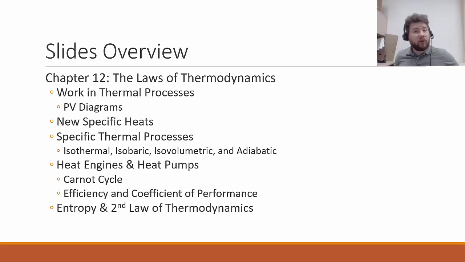Now, that type of work is referred to as PV, or pressure volume work, and we'll talk about how you can see it on different types of diagrams that'll be useful, which plot the pressure versus the volume of a substance. Now, solids and liquids don't have a very significant amount of volume change.